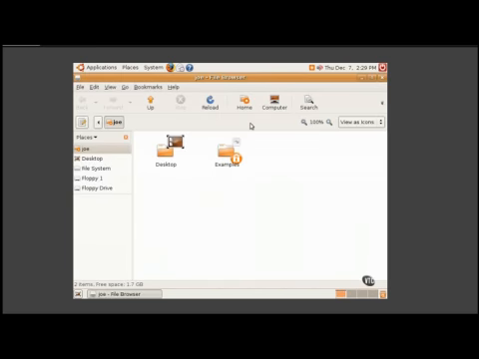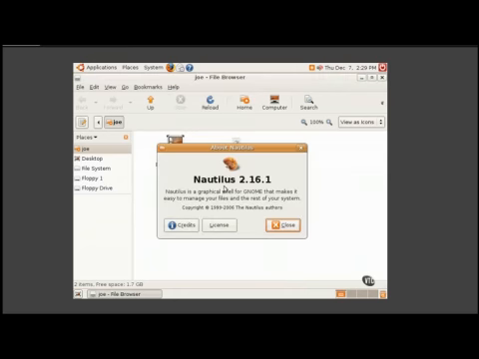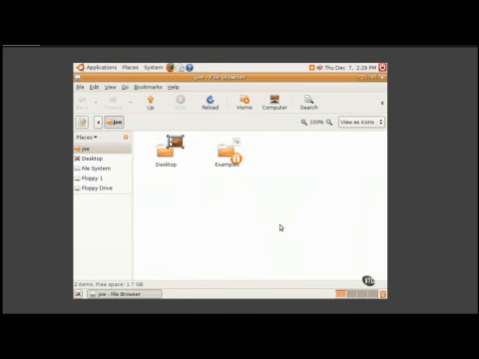There you see the title of the window is File Browser, and when you go to the Help menu and down to About, you will see that this is Nautilus. Again, Nautilus is a graphical file manager for Ubuntu Linux and for the GNOME desktop. This could be the equivalent of Windows Explorer.